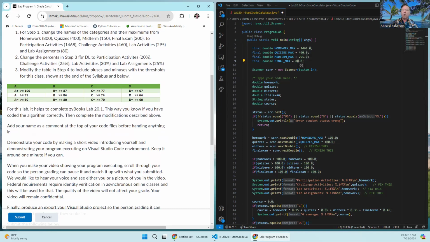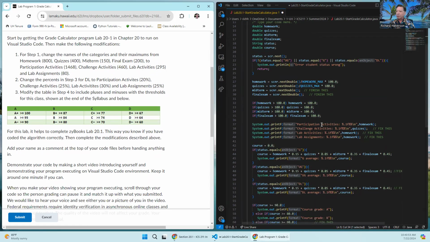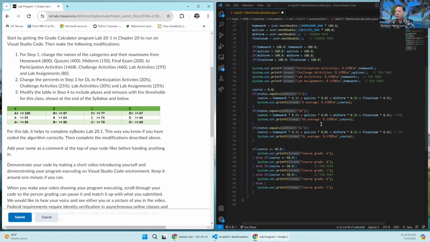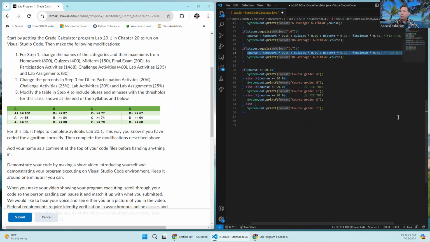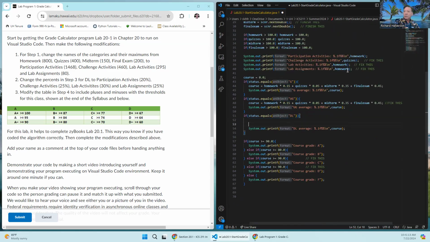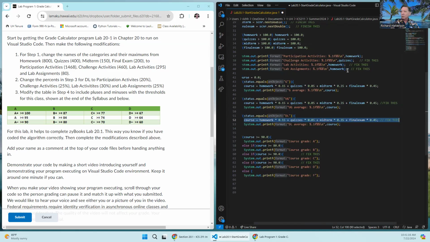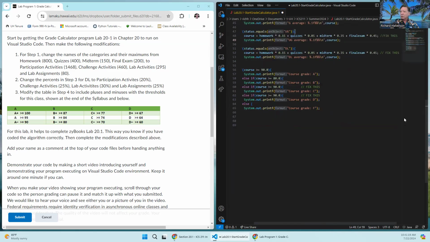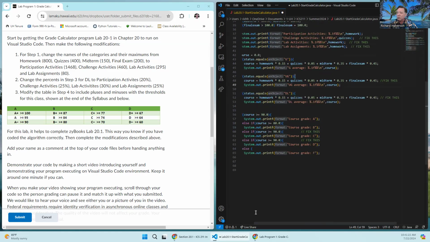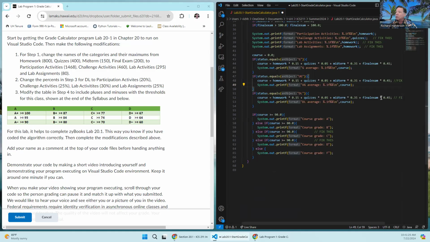And then we got to change the percentages. This is down here. DL. Okay, this changes. I'm just going to do a copy. Let me just do this. Okay, this has got to be fixed, and you're going to fix that. But for the enhancement, this is DL, right? It's DL we're messing with. I'm going to put